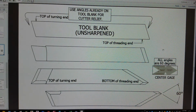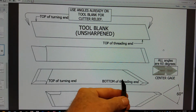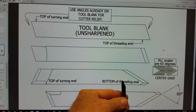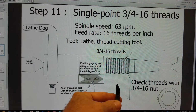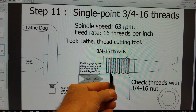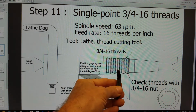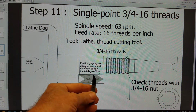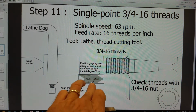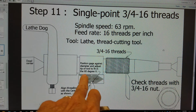Okay, we just finished grinding a 60-degree included angle on our cutting tool for the threads. We're going to single point chase some threads on our nut gauge. Now, it really doesn't matter which set of threads you thread first, but we're going to use either one of those diameters to align our threading tool